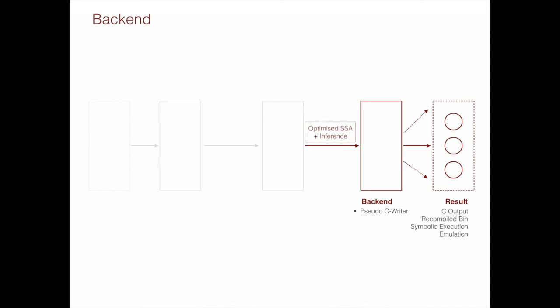Now, the backend is also implemented as a trait. So you could have a C writer, you could also write another implementation which gives you Python output and everything like that. The C output itself has two phases within it. The first one being converting SSA to a basic C AST which supports basic C constructs like addition, subtraction, and only one kind of loop, the while loop, and there's no increment or decrement.